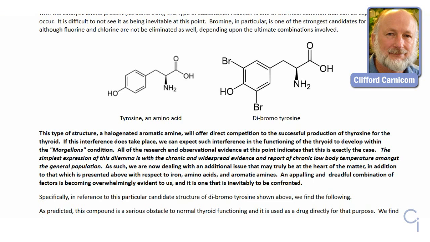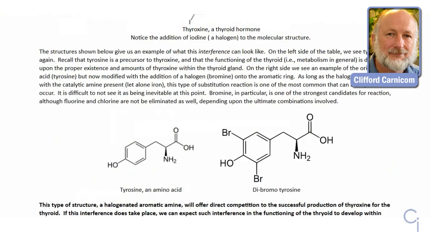But you will find that substance on the right-hand side is directly going to interfere with basically the formation of the thyroid hormone. The iodine is being substituted with another halogen that doesn't work in the body. So it's a great example, and you can start to see this by learning, at least in a general sense, this structure. The other one I wanted to mention before I start to close down would be this issue